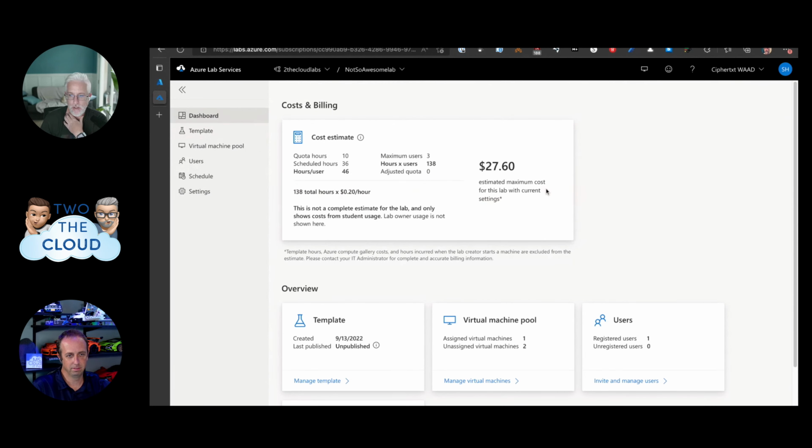Correct. You're on the hook for potentially, I view this as almost a max cost. My issue with this is it's showing me a projection based on the quota, virtual machine pool, things like that. If I change the pool or I change the quota later, then this all gets thrown out of whack.